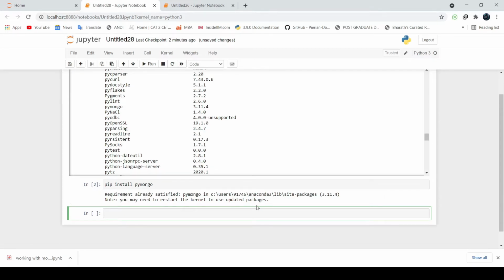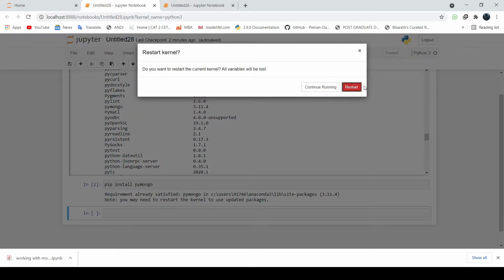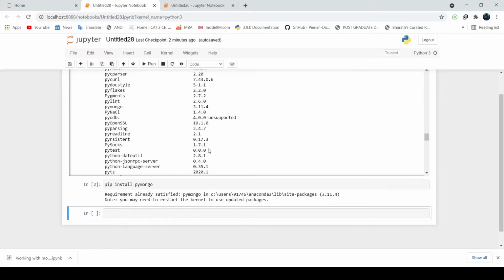For those who are not having this particular module in your system, this will install pymongo into your Python interpreter, and it says you may need to restart the kernel. So let's proceed ahead with that also. Fine.